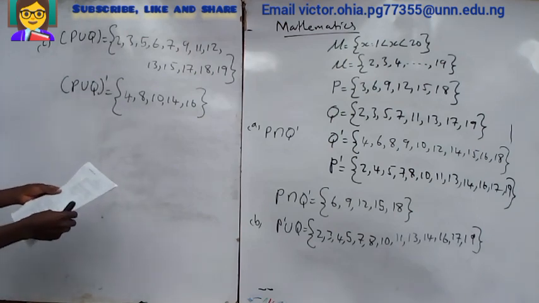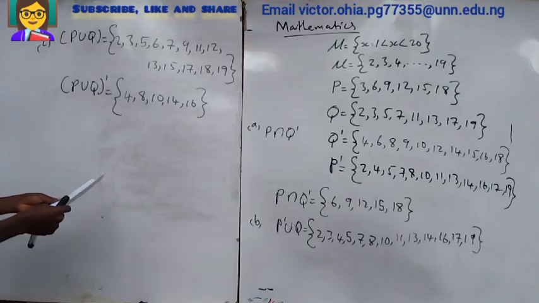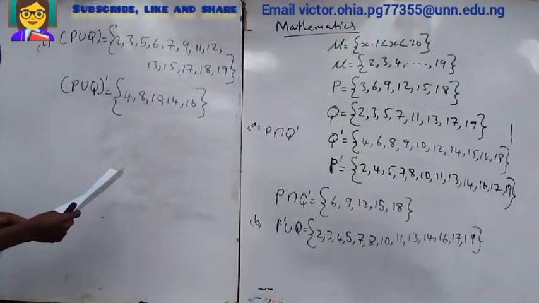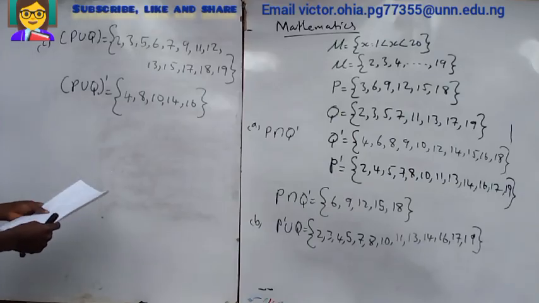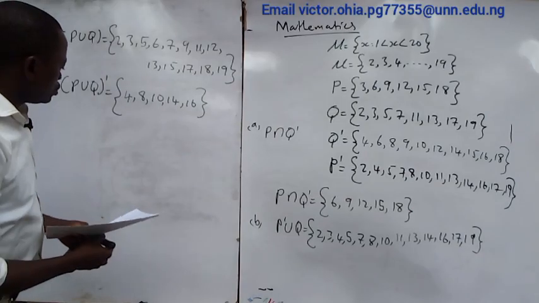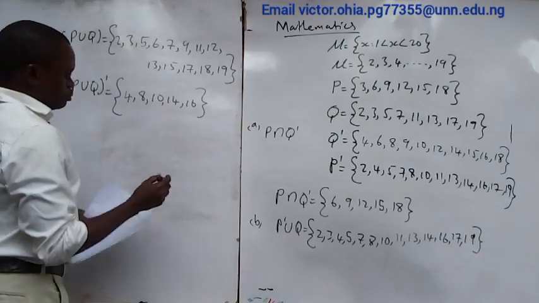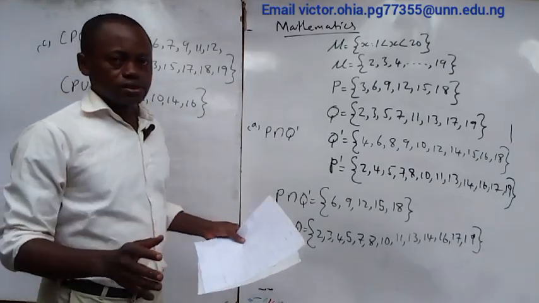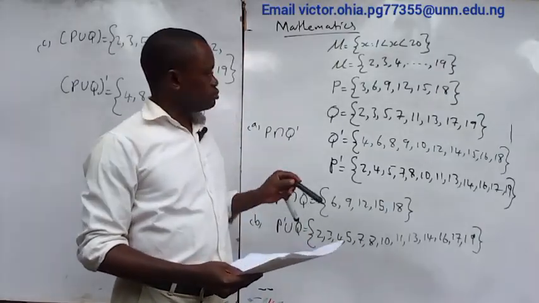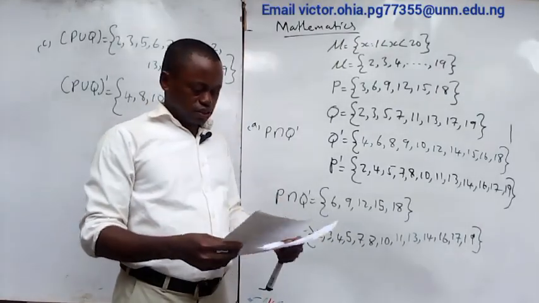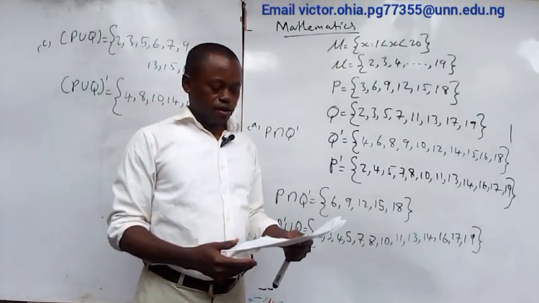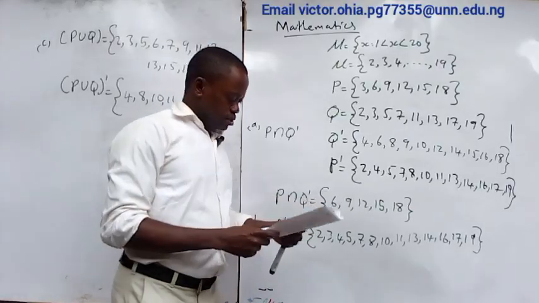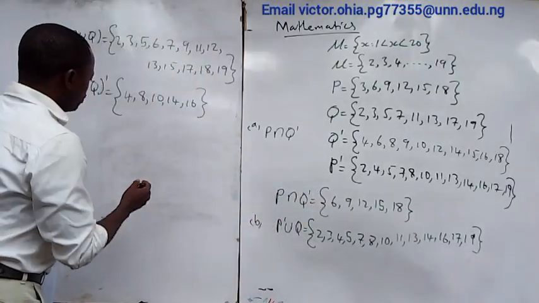Okay, we have been able to answer the questions that are given in this case, but I will just give us a little bonus. That little bonus is, peradventure, one is asked to present this same, or the D part of the question says put this information in a Venn diagram. How is it going to look like? So if you want to put this in a Venn diagram,